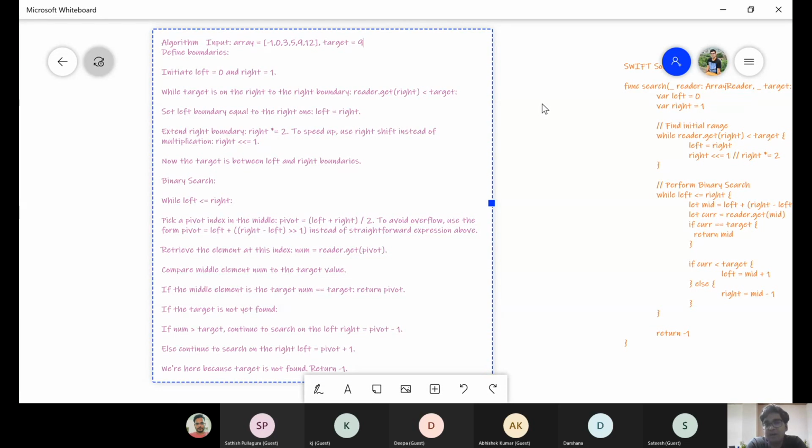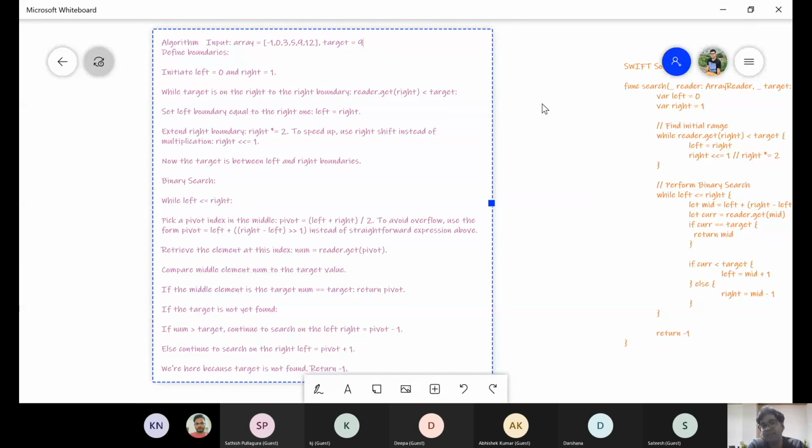Initially I took left and right as some default values. We can call them left and right, or low and high, it's just a naming convention. Initially we took 0 and 1. Suppose the target element is greater than the right element. We get some API with which we can check, for a particular index, what is the element. In this array the element is 0. Is 0 greater than 9? No, it means the element cannot be on the left side, so we need to search on the right side.